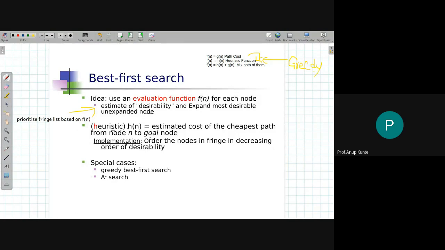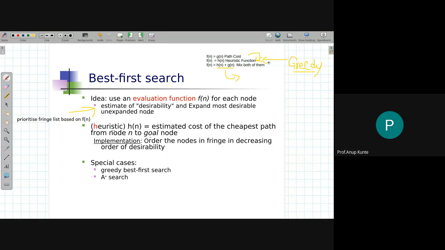But it is greedy search, greedy because it is, well, greedy. That is the reason it is called greedy. And the greed is a bit resolved by adding this h of n plus g of n, which is again an extension to uniform cost search. So all these informed search strategies are extensions to the uniform cost search mechanism of handling the fringe list as a priority queue. In greedy search, I organize the priority queue based on h of n equals f of n for any node n that is sitting in the fringe list.